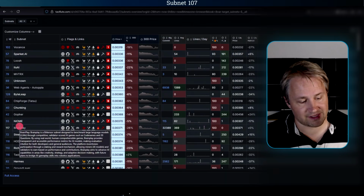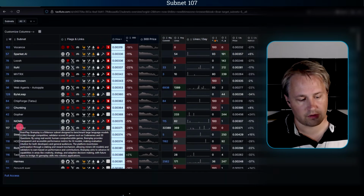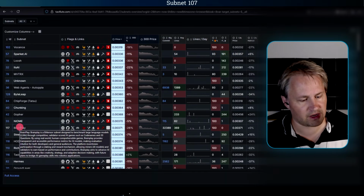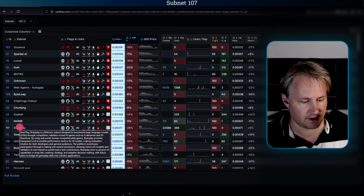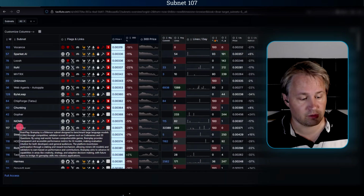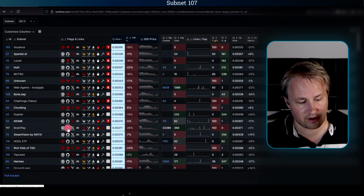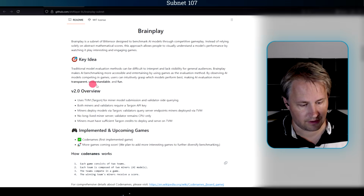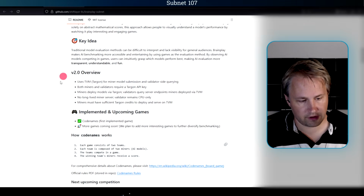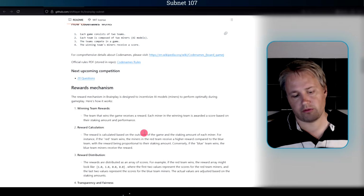I'm going to hover over this here. When you hover over many of these columns, you get more information. So this one here is a Bittensor subnet designed to benchmark LLMs through competitive validator scored AI games such as Codenames and 20 questions. So that really doesn't tell me too much about it. If I wanted to learn more about it here, I would click on their GitHub link and just read through it. So based on reading this, it's just having miners play games against each other,